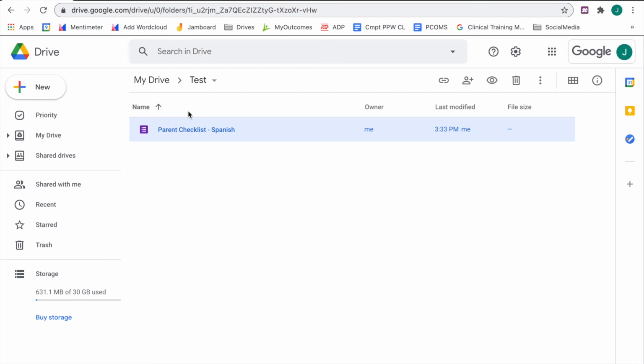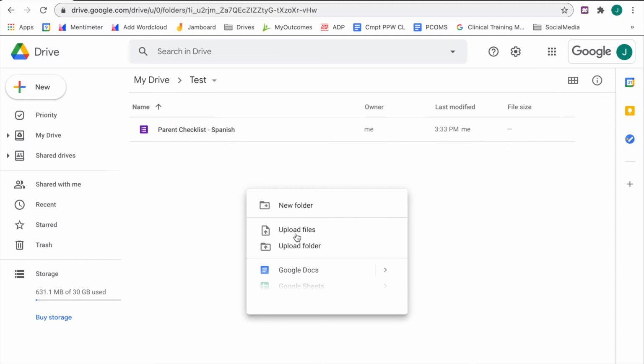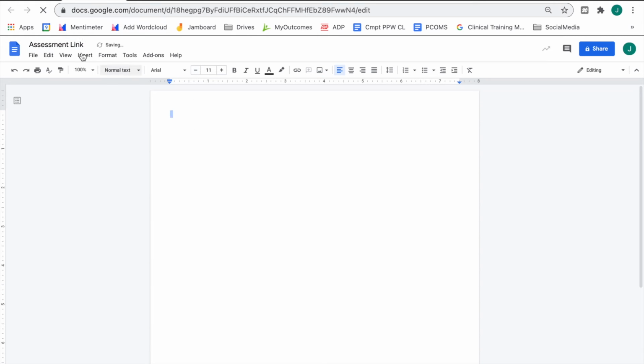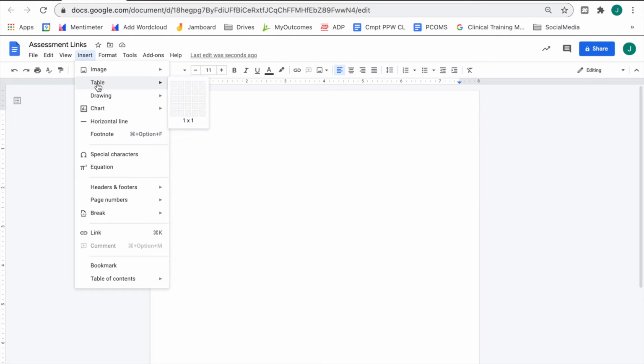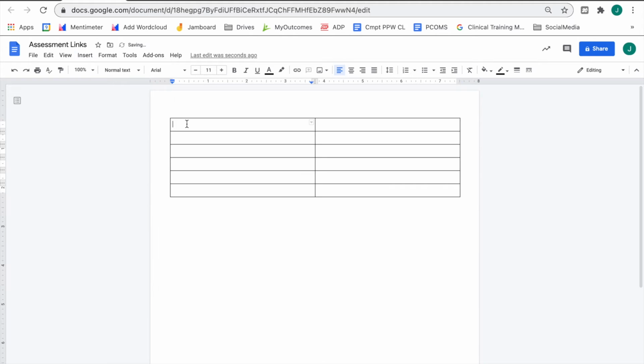And then when I want to send these, you might also right click and make a Google Doc that you could call assessment links, because these are the links that you're going to send to the families for them to fill out the different questionnaires. I recommend doing a table, and then you can have the different things like